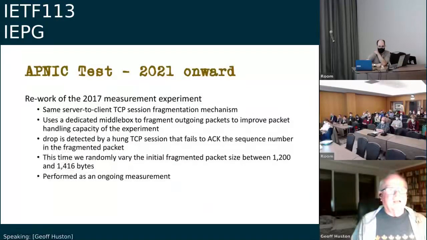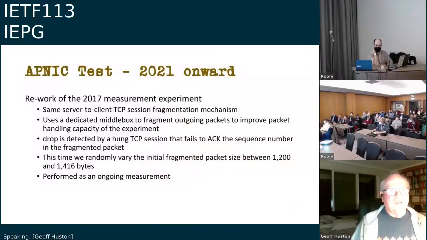Come back again last year. Reworked the same experiment, but we kind of redid that packet mangler a little bit. The same kind of technique though. We're sitting in the middle of the TCP session close to the server. We shove all the outgoing packets through this dedicated middle box, and we're inside a TCP session. So we can detect if the client didn't receive the packet because the client won't ACK it. And so we detect a hung TCP session by the fact that the ACK just didn't happen